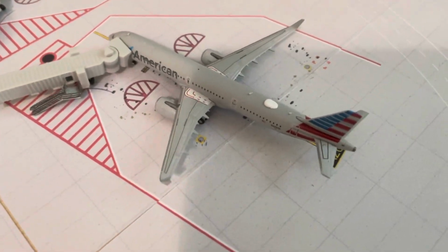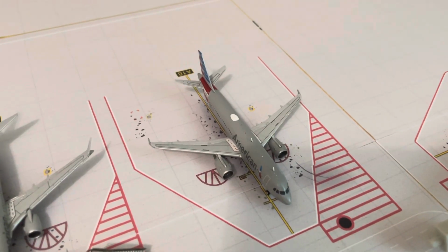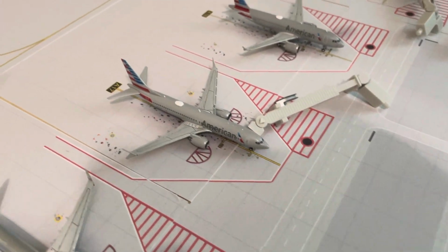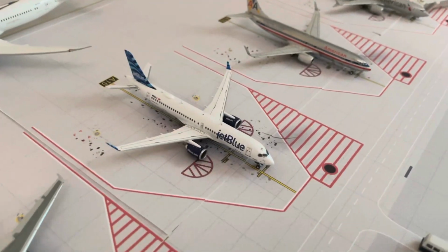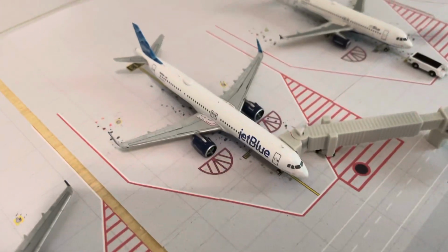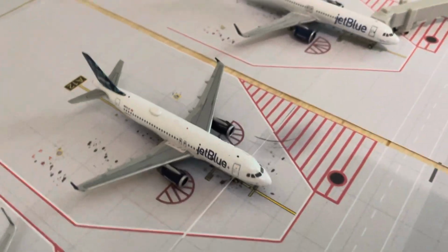American 321neo to Houston. CRJ700 to Chicago. 320 to Orlando. 737 MAX 8 to Miami. 737-800, we're just going to send them to Atlanta. A220 with JetBlue, we'll send him to Fort Lauderdale. A320, we'll send him to Atlanta. A321XLR, we're going to send this one to London. 320, we'll send him to